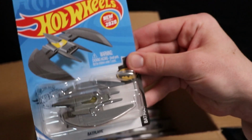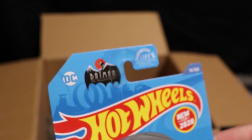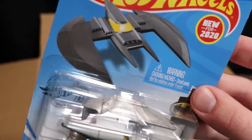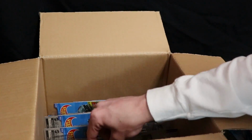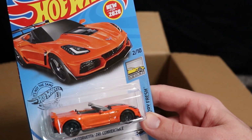And then we have a Bat Plane from, what is this? Batman, the animated series. Very cool. It looks like the wings might move on it, or I'm not sure. But I'm not really a fan of the display ships. I know they have a lot of planes and stuff too, but I'm not the biggest fan. Next up, we have a Corvette ZR1 convertible, duck and roll cars you've seen before, and then we have